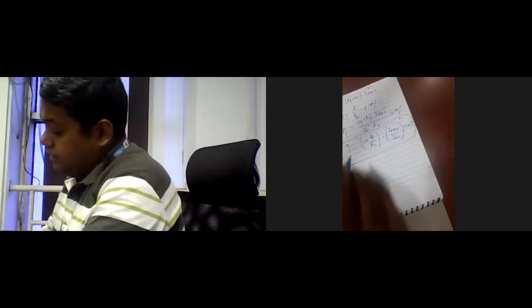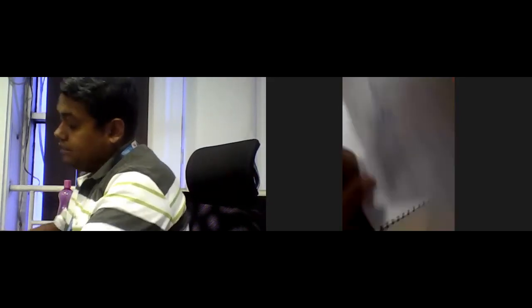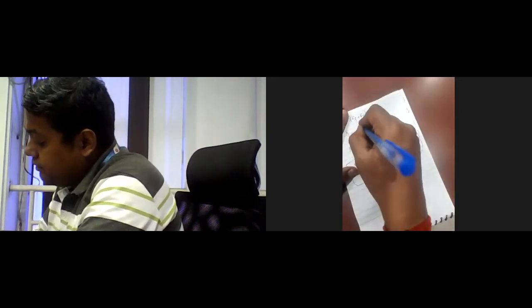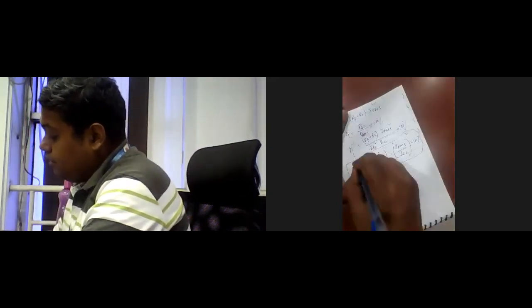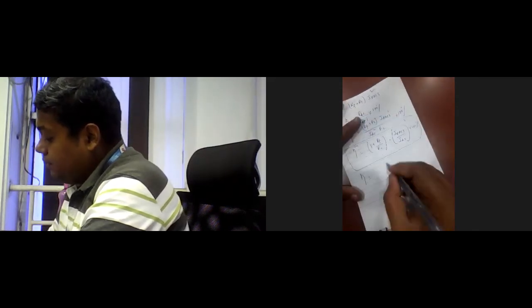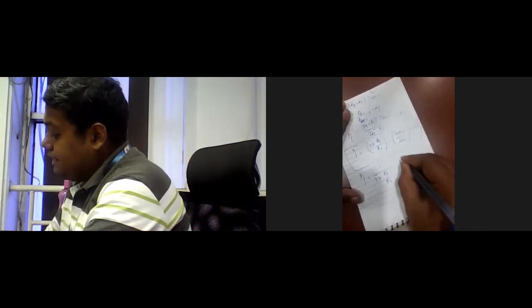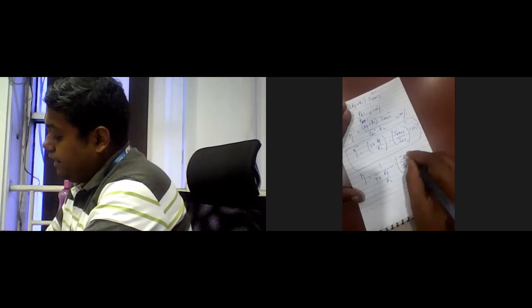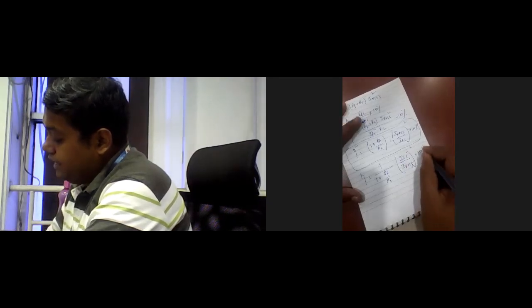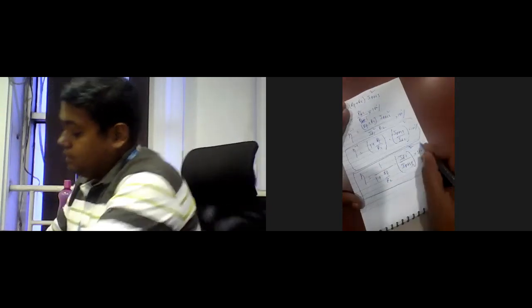Sorry, eta is equal to PDC by Pi. So it is a minus 1, that is a minus 1. So eta equal to 1 by (1 plus RF by RL) into (IDC by IRMS) whole square into 100%. So this is the expression. So first one is the eta inverse. Okay. So this is the expression of the eta.